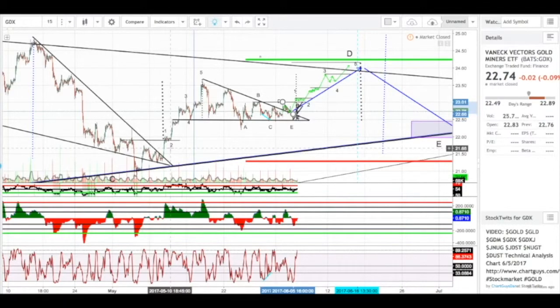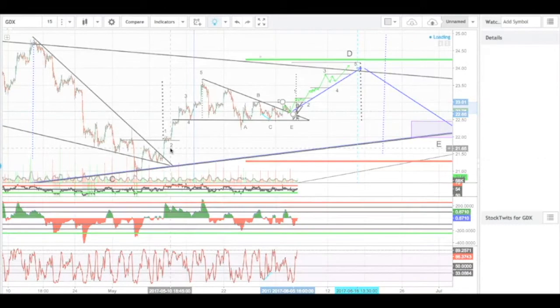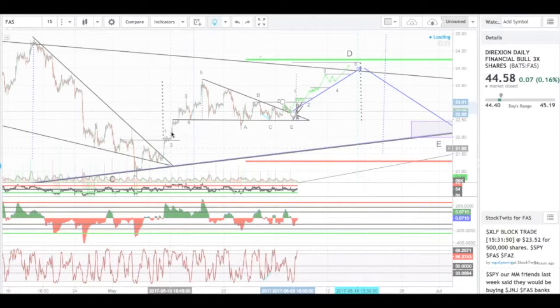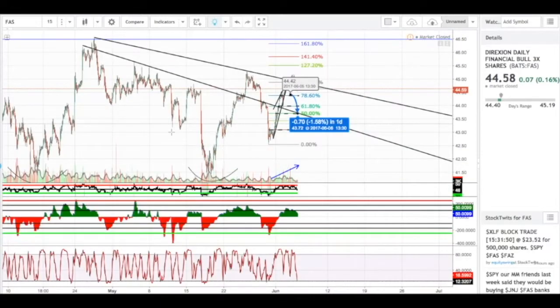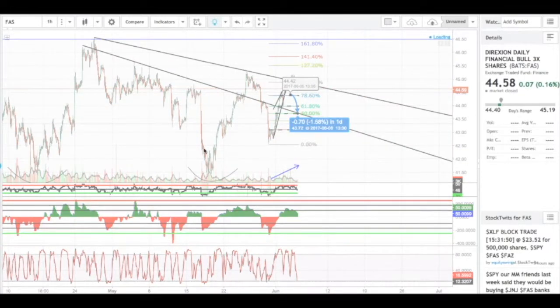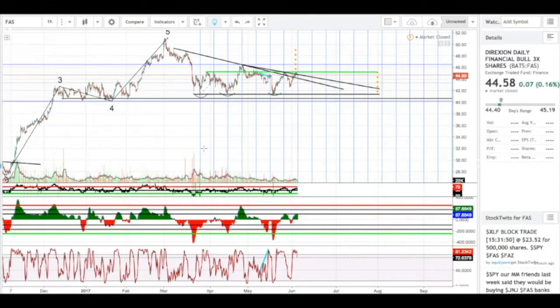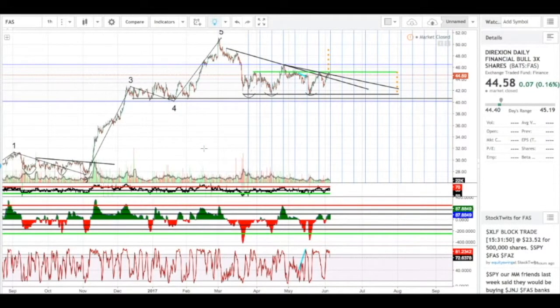And that's my analysis for gold tomorrow. Let's move on to the financial sector. I've been finding it fairly interesting lately. I used to trade it a few months ago, and I've taken a step back just because I've seen that price has been moving sideways in a very tight channel, and I couldn't really identify any serious patterns that I